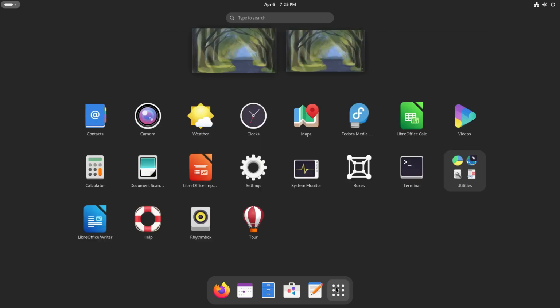So this is your launch pad right here. And this is basically where all your applications live. And this is pretty much all that's installed on here. We have contacts, camera, weather, clocks, maps, Fedora Media Writer, LibreOffice, videos, calculator, document scanner, LibreOffice Impress, settings, system monitor, boxes, terminal, utilities, which has more apps inside of it, LibreOffice Writer, and there's the help, rhythmbox, and the